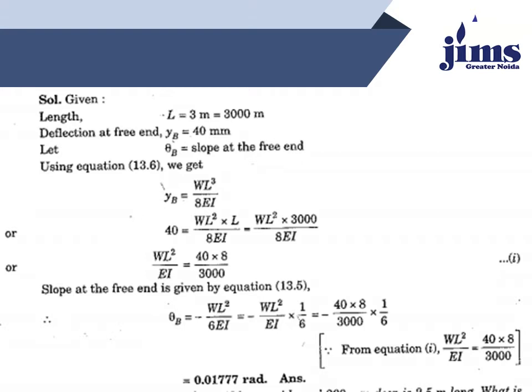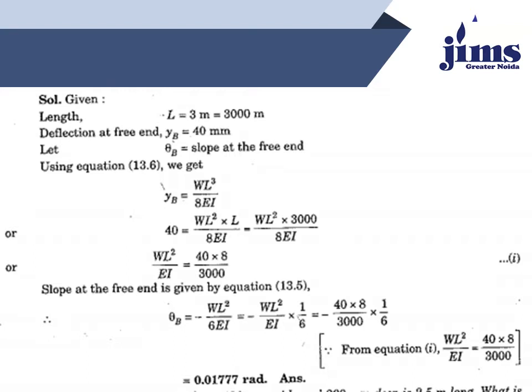But it is very important that we can assume the slope in two ways. So there is a sign convention which is generally used for deflection of beam. If we measure the angle in a clockwise direction, in this case, the slope is negative. But if we measure the angle in an anti-clockwise direction, the sign is positive.